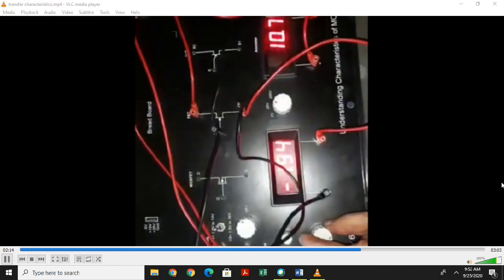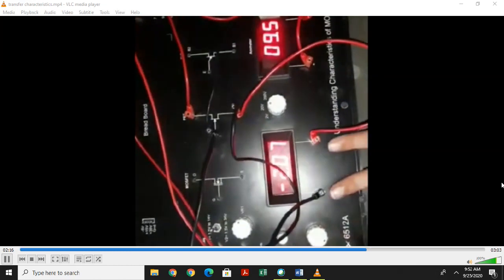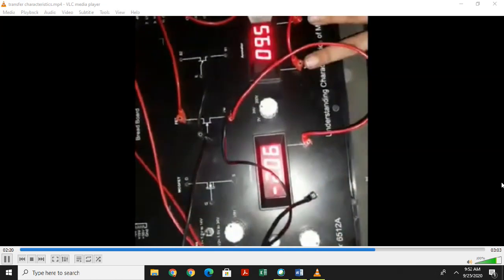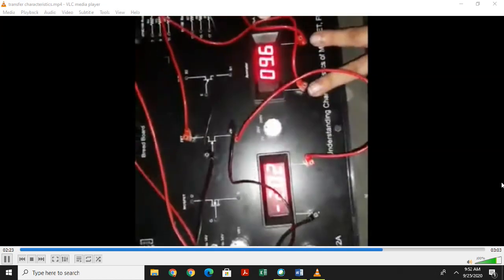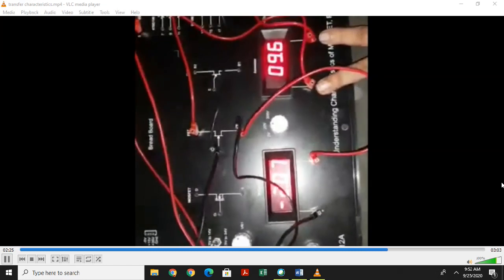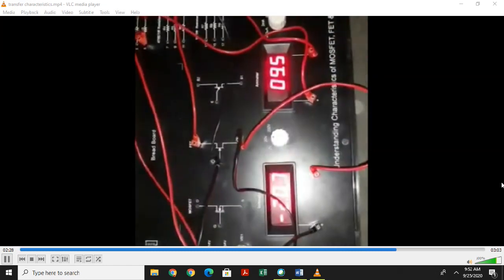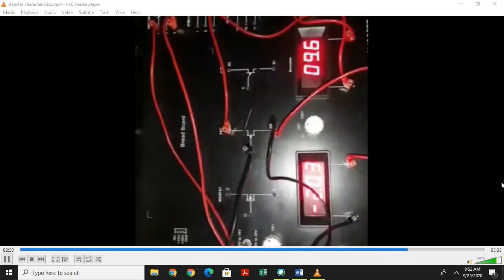Clear? So in this experiment, first we fix the value of VDS. In the second case, we fix the drain to source voltage at 4.23, then change the connection from drain to gate and increase the value of VGS, note the value of VGS by this voltmeter, and the corresponding value of ID is measured by the ammeter.